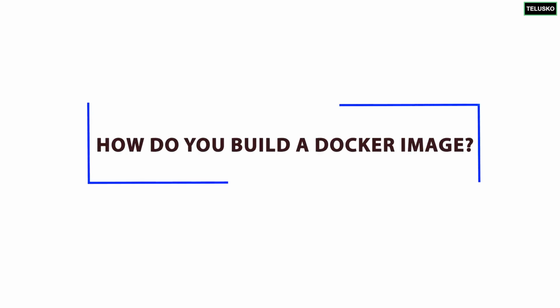Okay, makes sense. So let's say I want to build my own image, so I have some bundle, and of course we can get the pre-built images from the repository. But how do you build an image? Do we have to use Docker Desktop, or is there any other way to build an image? Absolutely. So Docker Desktop is one of the software which can help you to build an image.